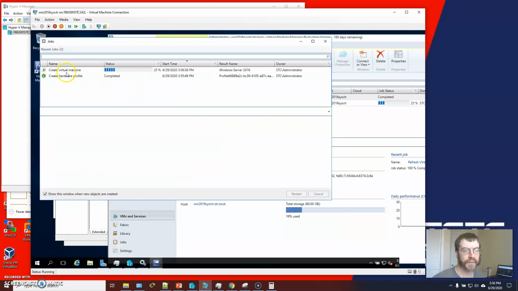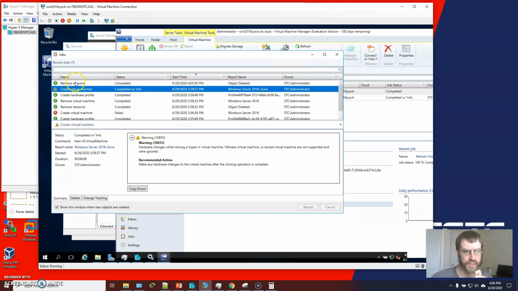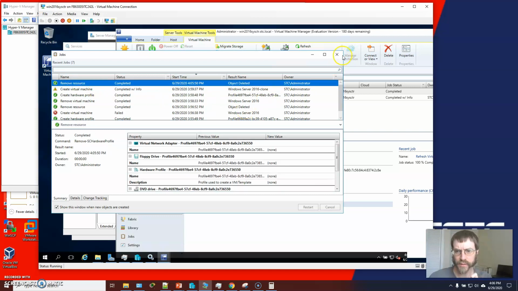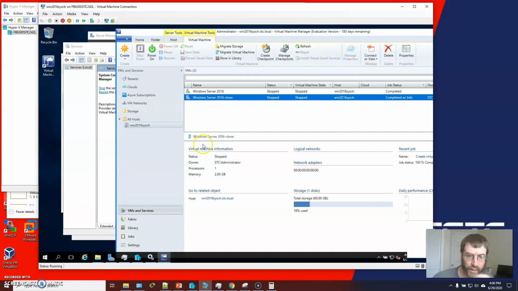Okay. So it's going to think for a minute. I'm going to pause it because we're running out of time. So now it's done. This is incidentally the job screen. We can see things it's done. That Warrender server clone now exists. And the next thing I can do is use this as the basis for a